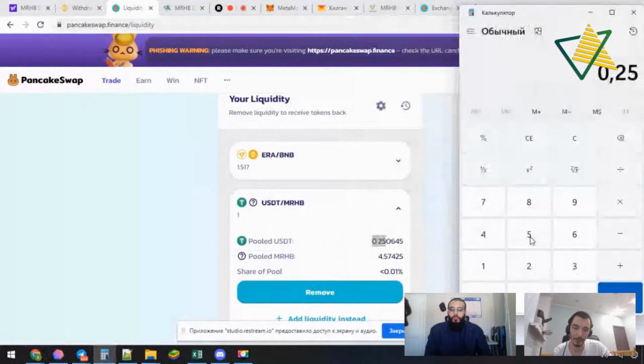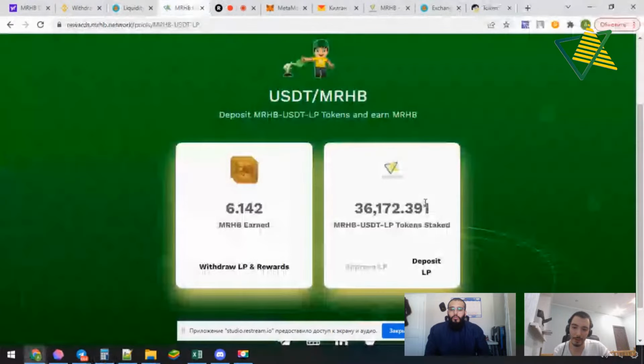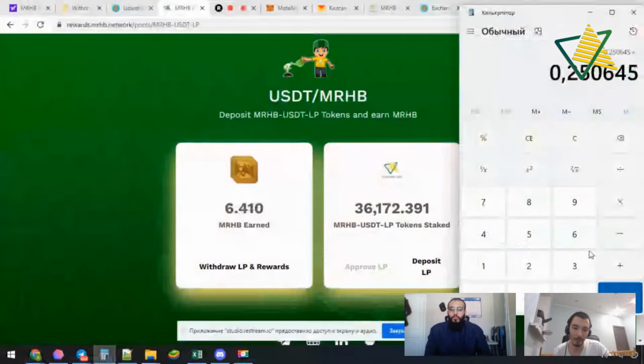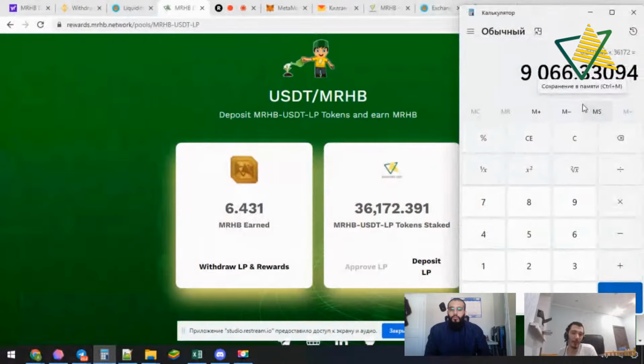So 0.250645. But the overall number of my LP token is 37,172. So it means that in my liquidity, I have deposited 9,000 USDT and the same amount of MRHB.